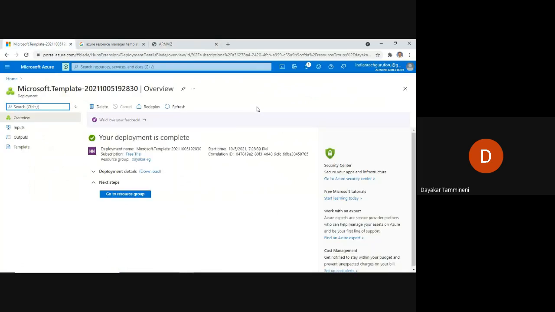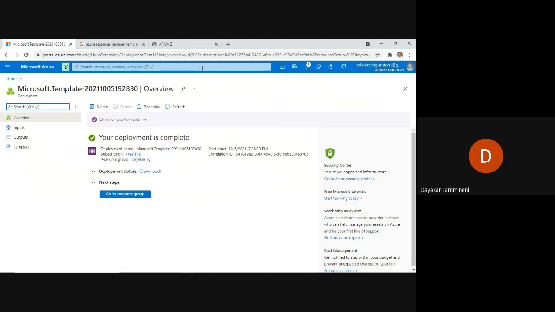Now I think you have got a clear idea about how to deploy virtual machines using the ARM templates. To the best of my knowledge, I have shared the information. In addition to this, we can also create a virtual machine using the ARM template using the bash shell.